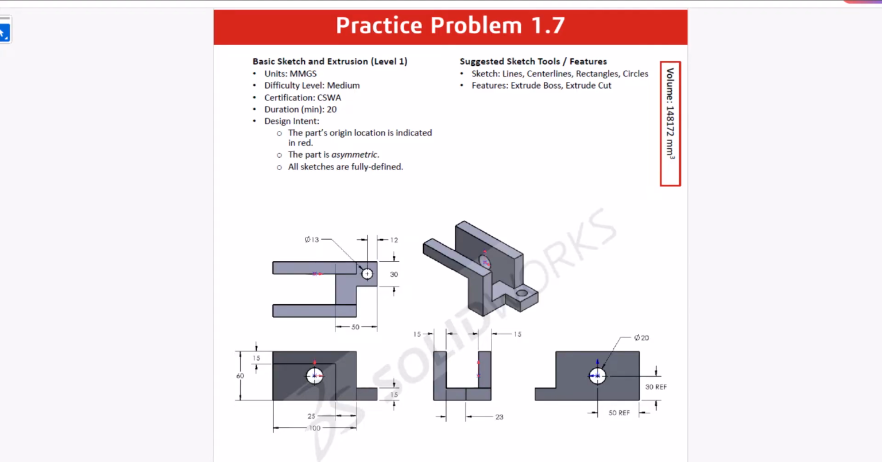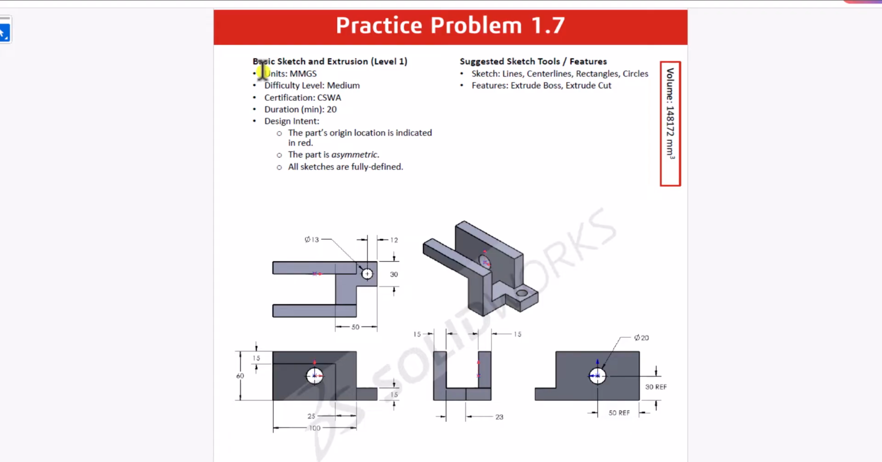Continuing with CSWA practice problems, today we'll work on question 1.7. Let's take a look at this question. In this question, the unit of measurement is millimeter gram second. Like all other questions, the first thing we need to check in SolidWorks is the unit of measurement. So when we start working in SolidWorks, let's check that and make sure that we are using the correct unit